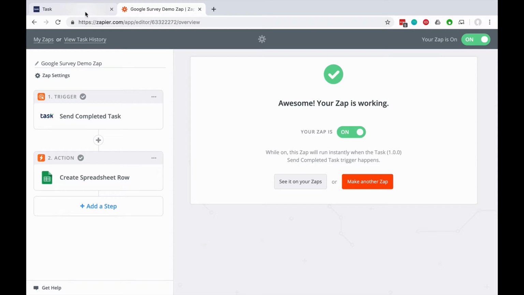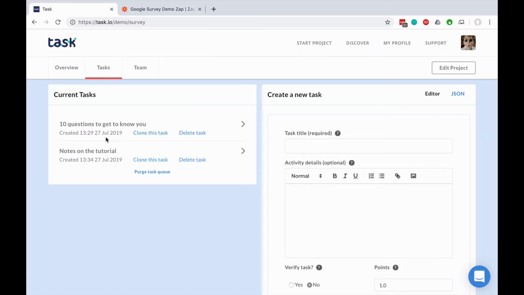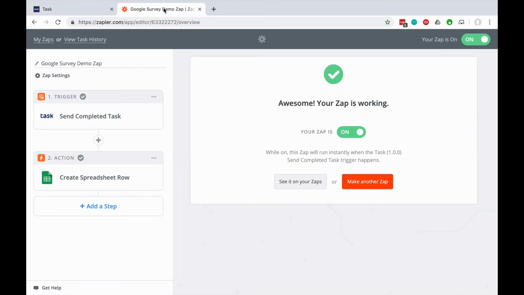Okay, one last thing to do to make your Zap nice and robust is, an issue you'll have now is that if someone does notes on tutorial, this is going to be sent to Zapier and you'll get an error. You only want this task to get processed by this particular Zap. And this is also useful because your different tasks that you could have in here can be sent to different zaps, which can be great if you've got more complicated surveys and you want to put the information to various different areas. The way you do it is come back in to edit your zap